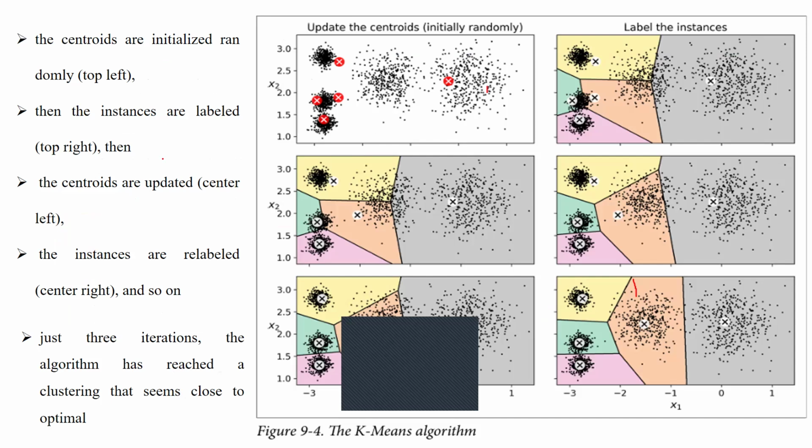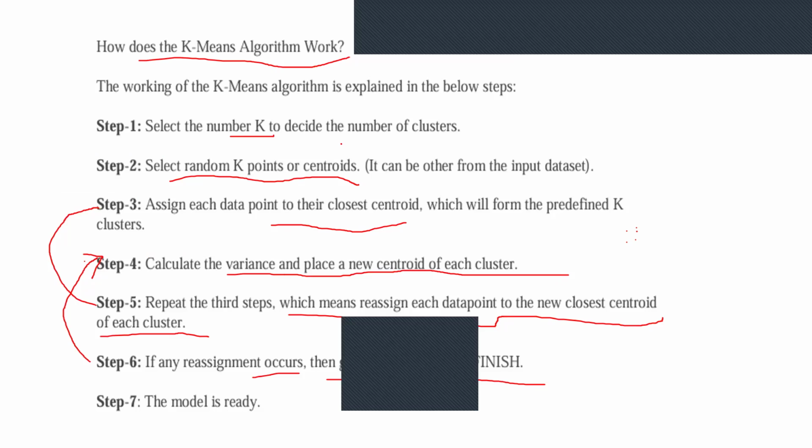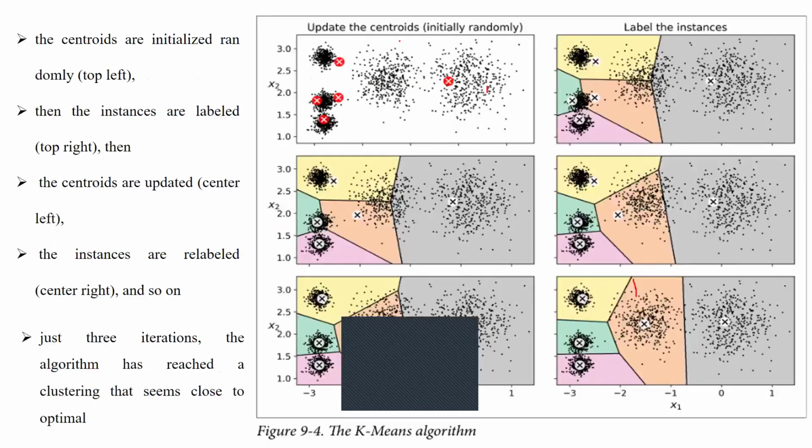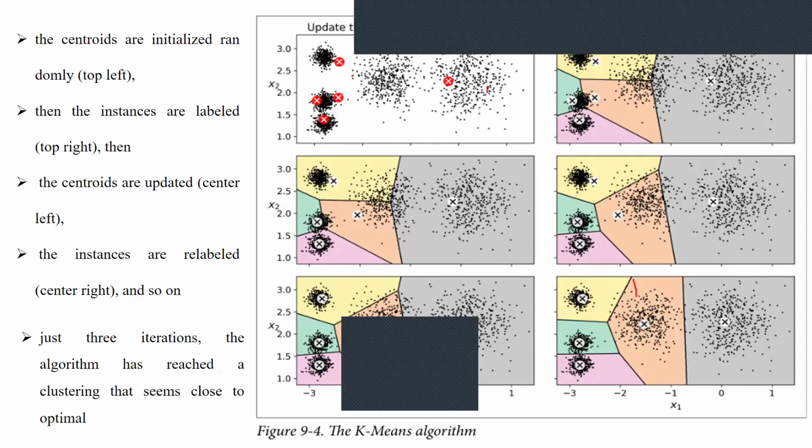There's an algorithm. So what is the first step? We need to know the number of clusters, take random points, and assign the data points to the closest centroid, and we need to calculate the variance and the new centroid of each cluster. So this is the first one. We have given a random centroid, random clustering along with the centroids, and again we find out the variance and the data points. By performing step 3 and step 4, finally we got this type of clustering format.